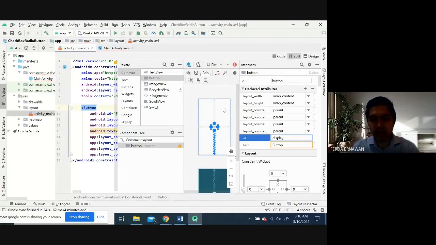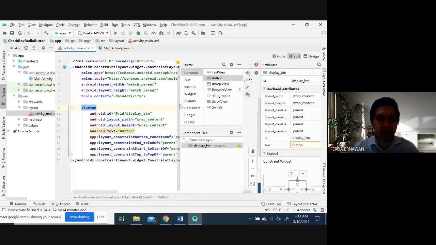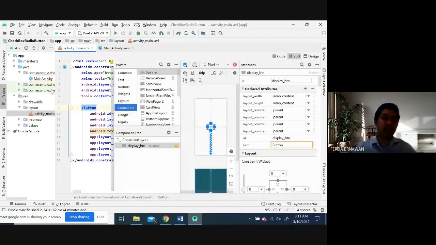So the ID is display, or maybe display button. So it will be made clear. Once you assign the value here, it automatically updates here in the XML file. So now your ID is displayButton.